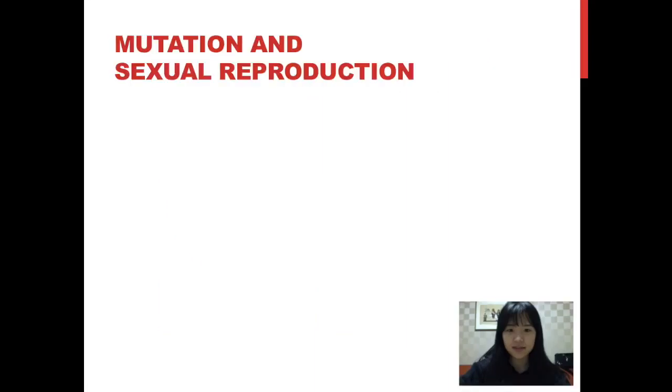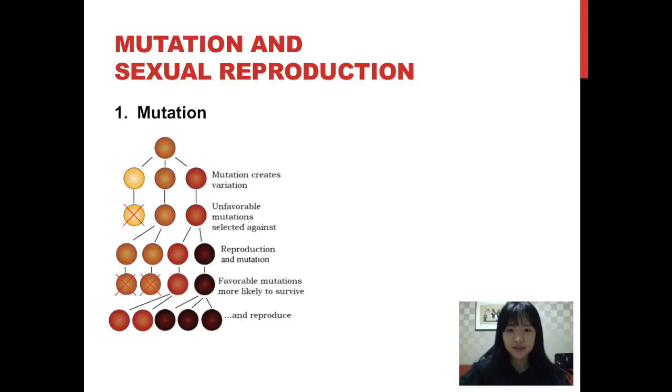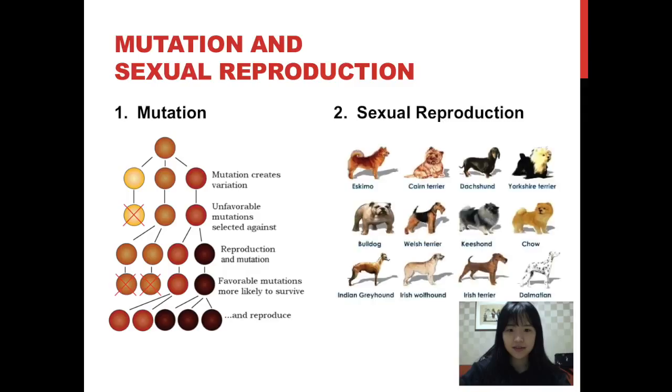As I briefly mentioned, mutation and sexual reproduction are the two processes that produce the genetic variation that makes evolution possible. In these processes, only the genetic part of variation can have evolutionary consequences. Mutation is a change in the nucleotide sequence of an organism's DNA and the ultimate source of new alleles. In organisms that reproduce sexually, most of the genetic variation in a population results from the unique combination of alleles that each individual receives.